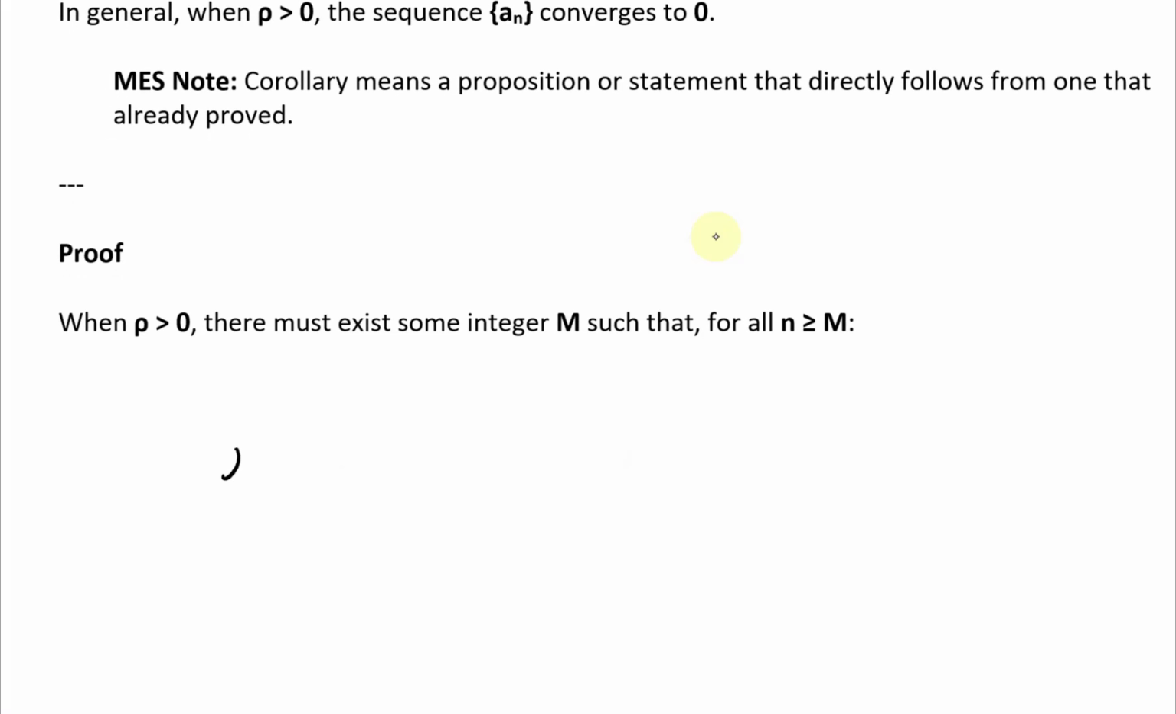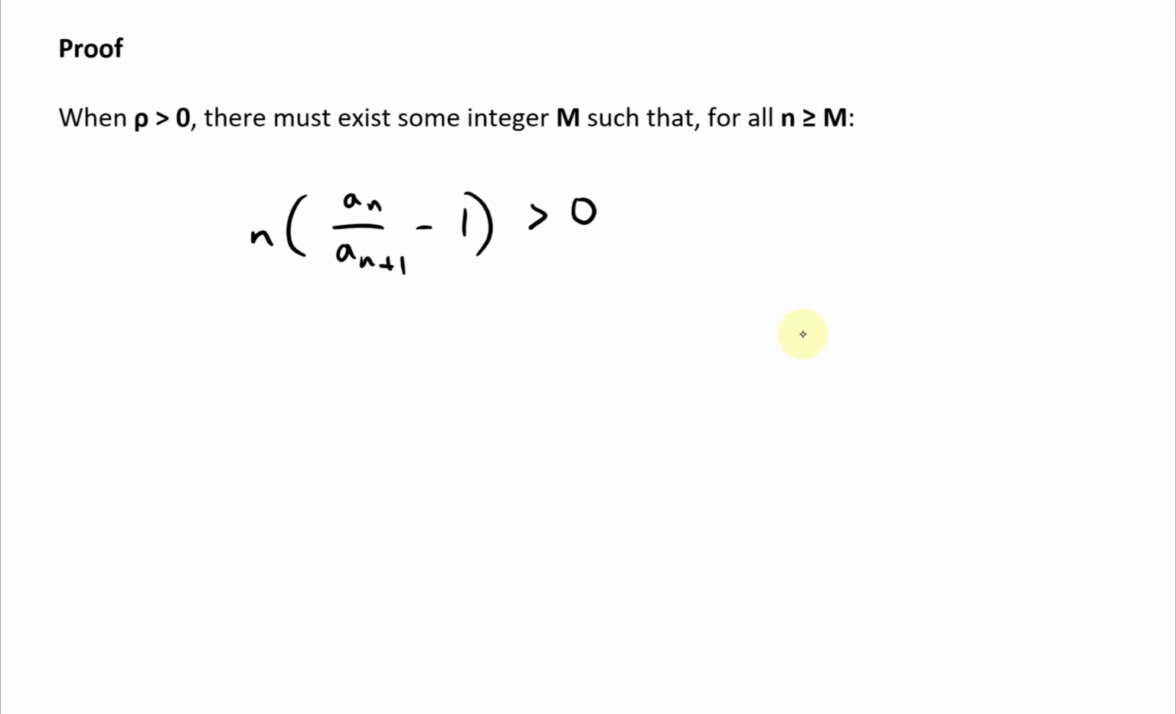So actually we don't need to write rho, we'll just write n times the terms inside the limit, an over an plus 1, minus 1, which is going to be greater than 0 for all n is greater than or equal to M. And again, this is because if we draw the graph, just to see this visually, so if we have n like that, this is the limit,